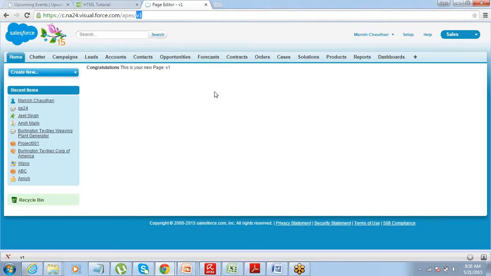Clear on this? How we create a page? Can we quickly create a page on our own developer instances? Very quickly. So we'll just take a minute. I want everyone to create a page and quickly type in a yes or done in the chat window once you're done. Pearl is done. Okay, great. Amish is done. Great.